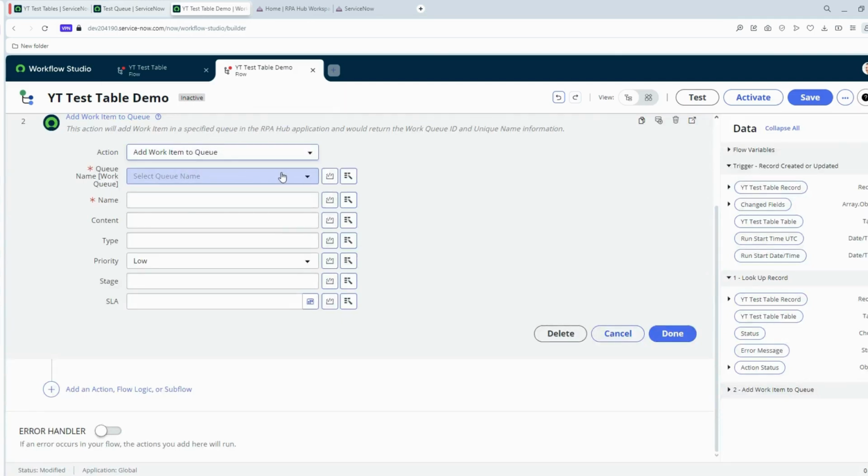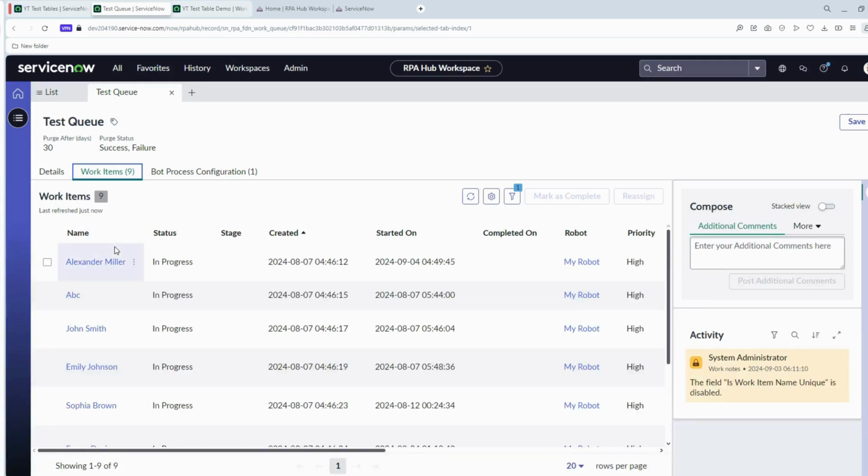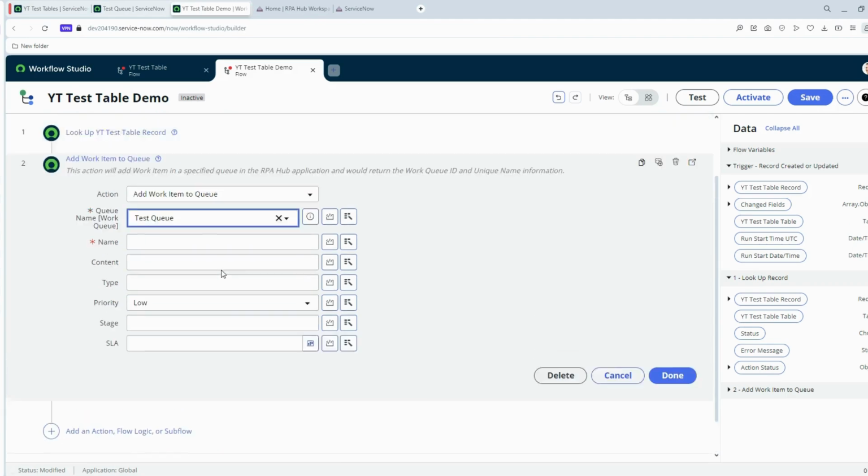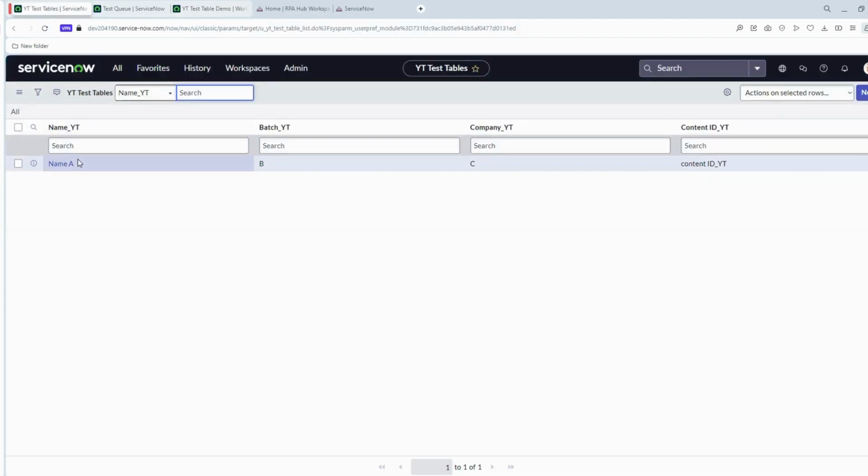And first you have to provide your queue name. So let's try to filter the available queue which is test queue, and then the name. This is nothing but the name which helps to identify each work item. So this is basically your name. So we're going to give the name which we get from the table. So I'm just going to create my work item based on this particular name,